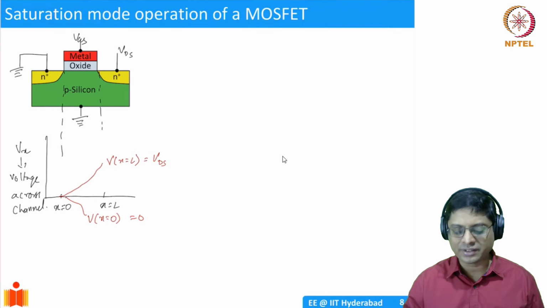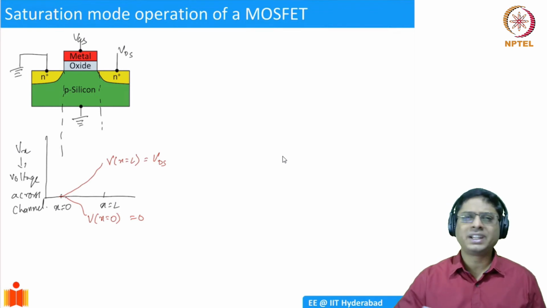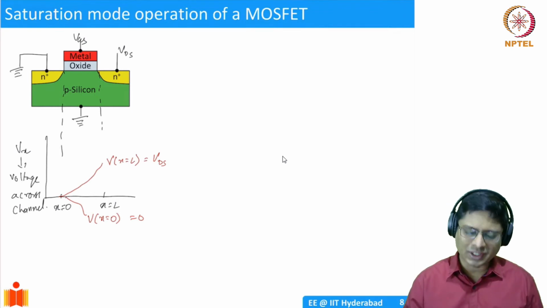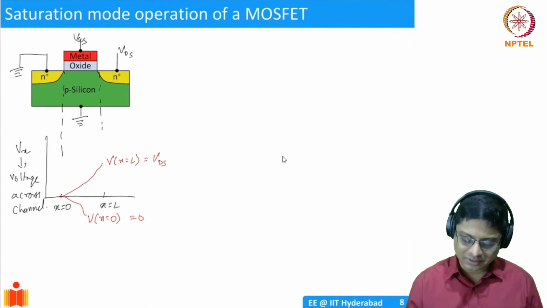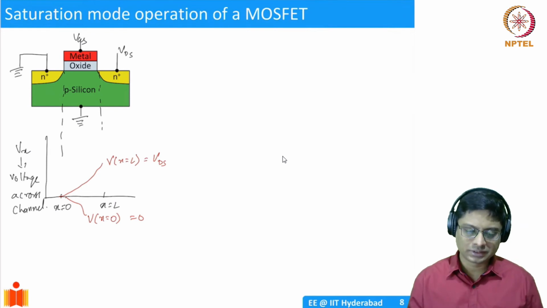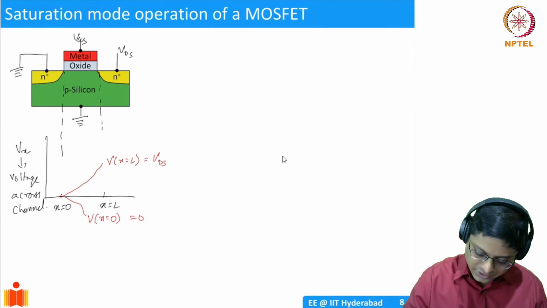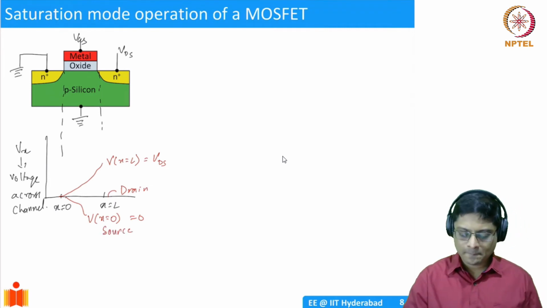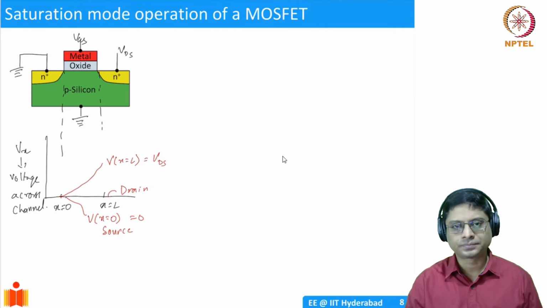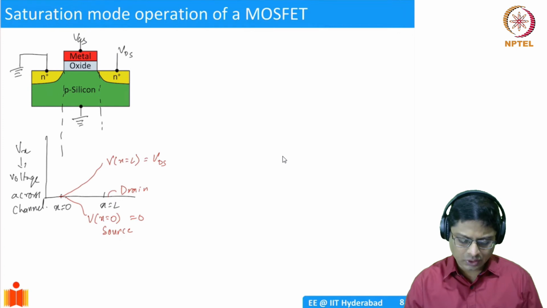So at the left edge of my channel, I should have 0 voltage. At the right edge, I should have a VDS. In between them, there could be a linear approximation. You could even do that, but it turns out it's not exactly linear. I'm not justifying why, but it's some sort of a quadratic behavior. And you have this voltage across the channel. So this is basically your drain. X equal to L means it is drain. X equal to 0 means source. Below x equal to 0, it's all source. Okay, there is a voltage drop.